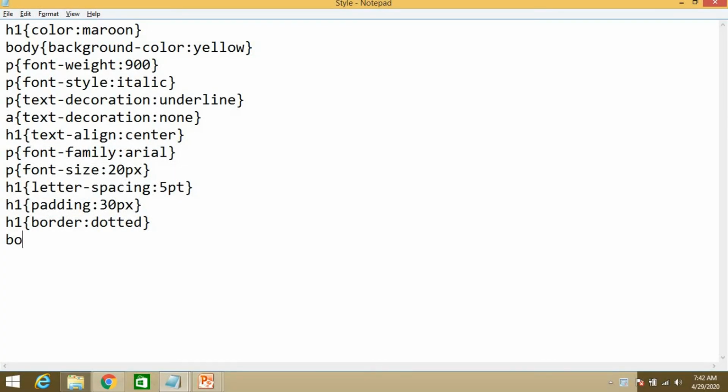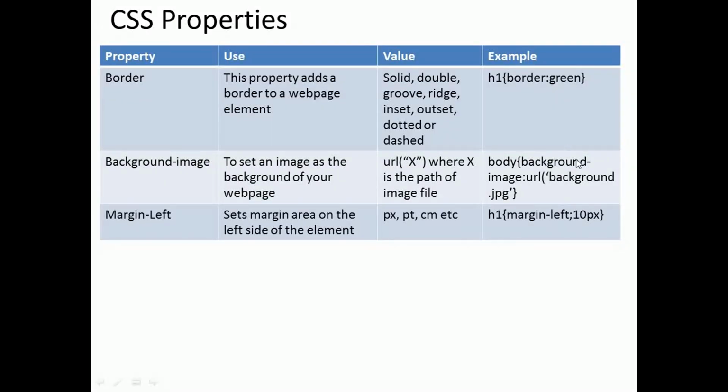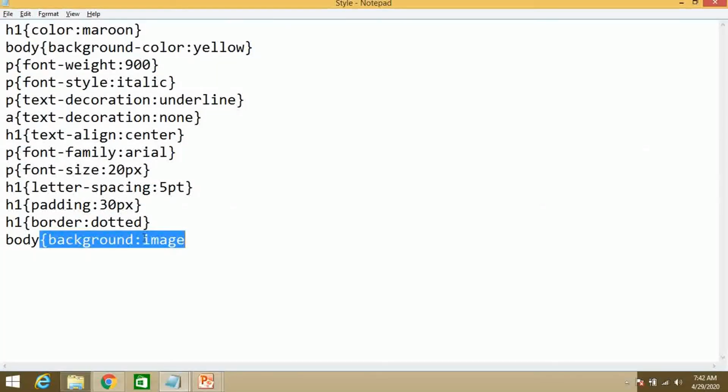So body, background image, colon, URL, and then your image name, and the extension should be whatever extension you have given to your image.